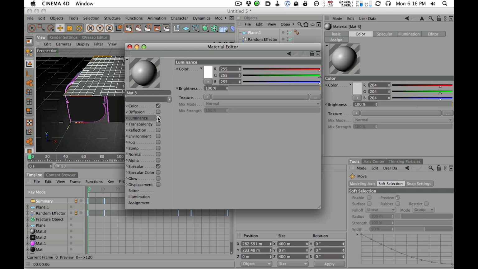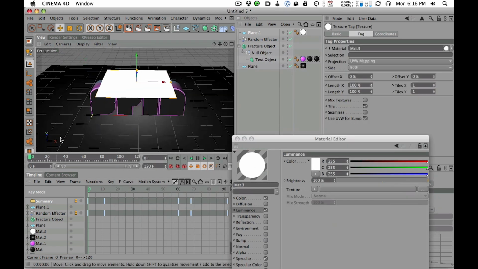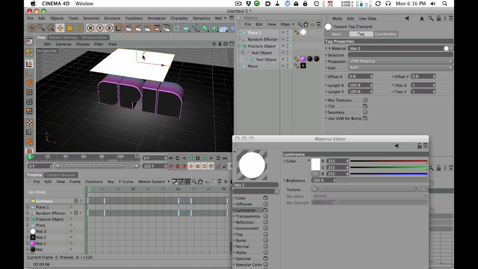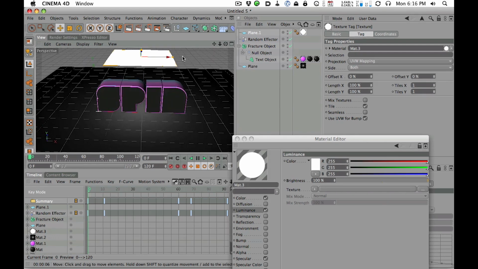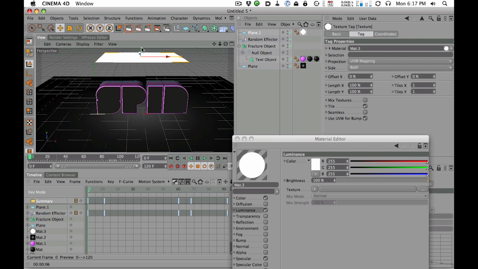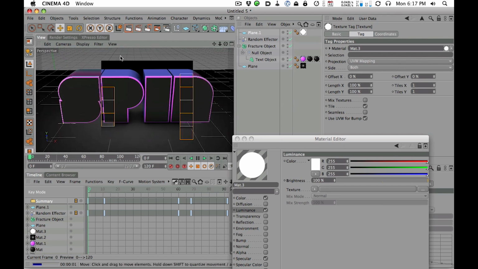And in the luminance channel, we're just going to crank it to white, and we're going to add it to the plane. This is kind of giving us this softbox effect. It's not as accurate looking, but it's going to work the same way for reflection-y stuff. And if we just add it up in the air, and we zoom back in, and we hit render,